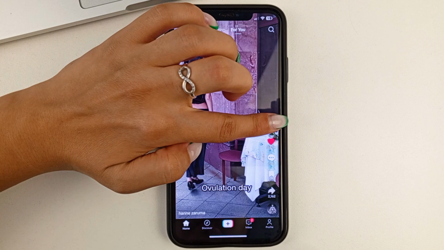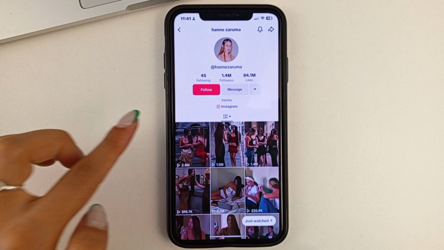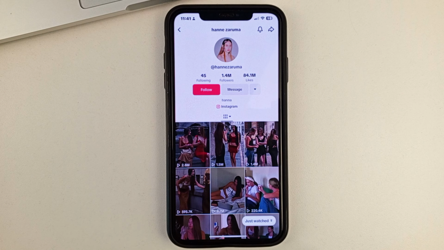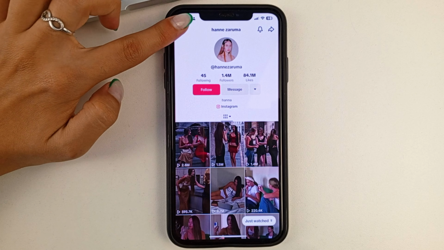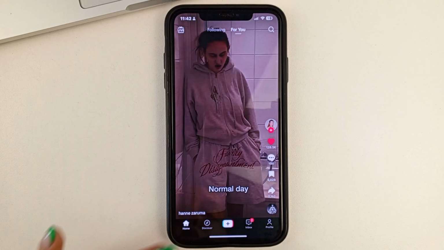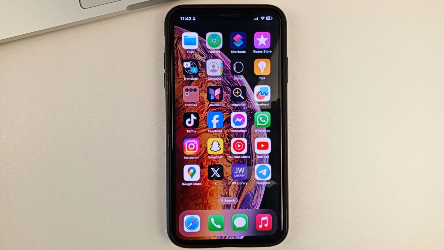If you, let's say, go to a person's page and you don't have this button here, you don't see it. This means that this user has hidden his reposts or has not added anything to the reposts to his page yet. So you won't be able to see them. So this feature, unfortunately, is not as publicly available. You can check if a user has reposts or not and view them. That's how you can see someone's reposts on their TikTok page, friends.